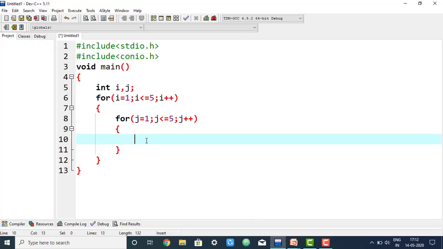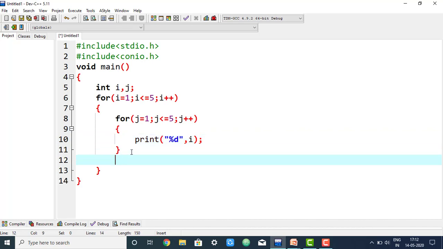So if we print I here, so I is an integer. For integer we all know that percentage d is used, and here printf backslash n.